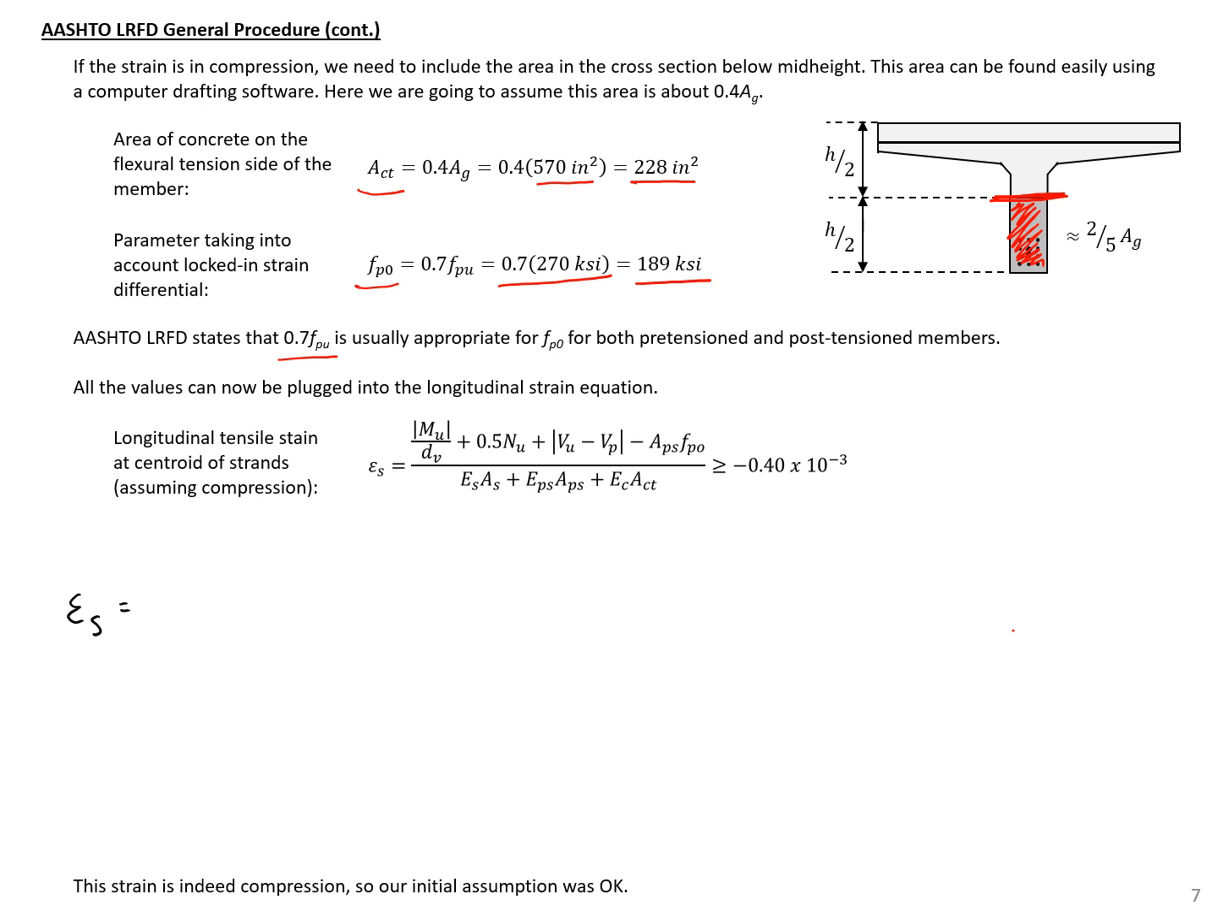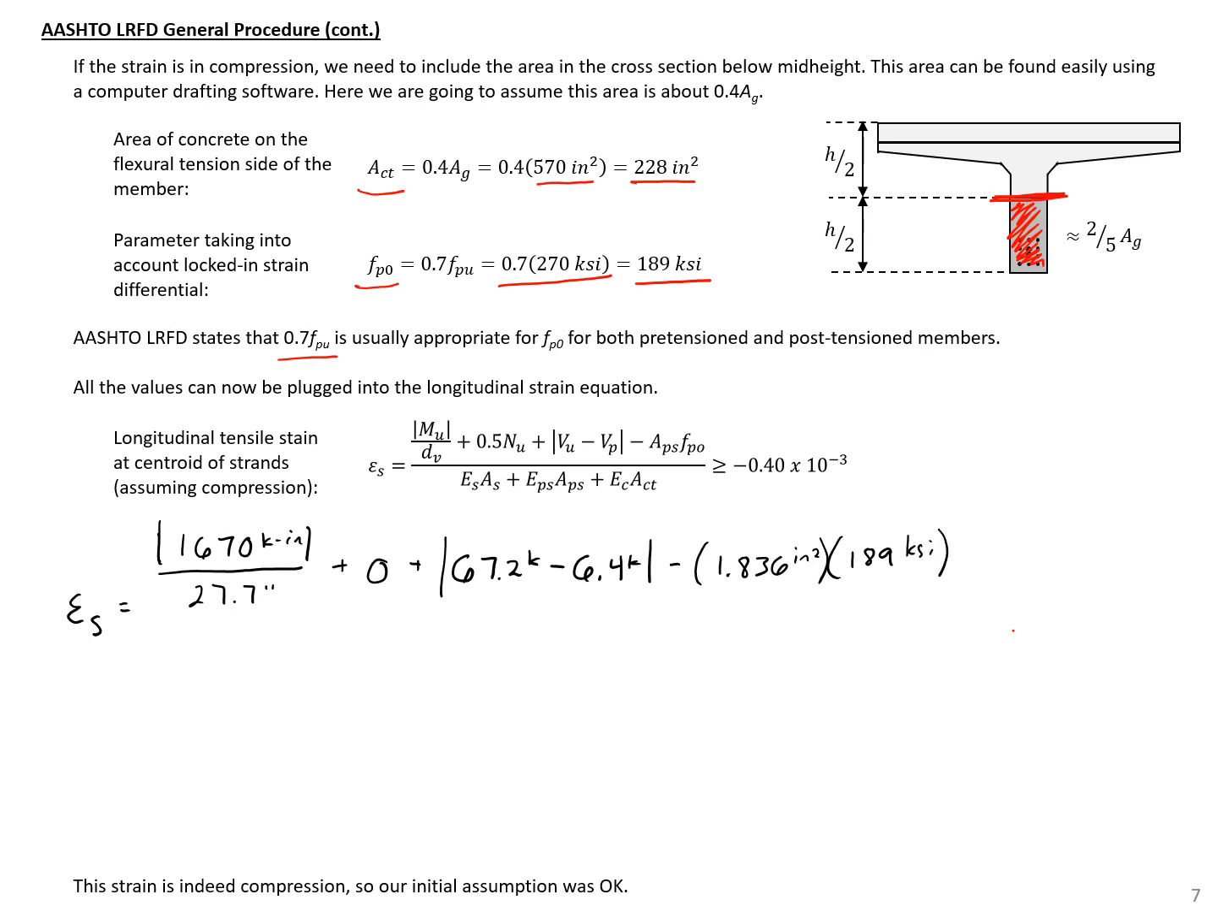So our strain is going to be equal to the absolute value of our moment, 1,670 kip inches, divided by our dV, which is 27.7 inches, plus 0, we don't have any applied axial load here, plus the absolute value of our V sub U, 67.2, minus our V sub P, 6.4 kips, minus our APS, which is 1.836 square inches times our 189. And then all this divided by